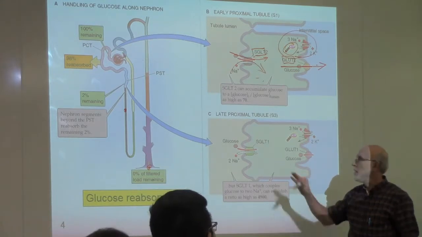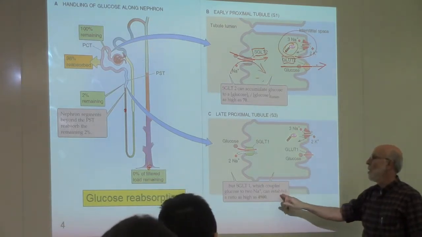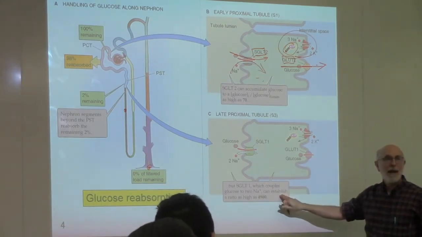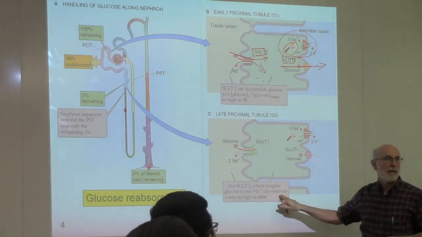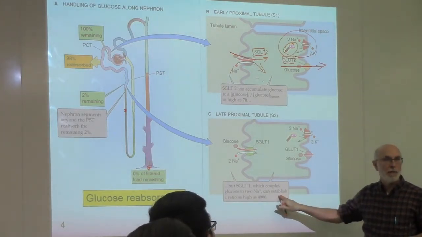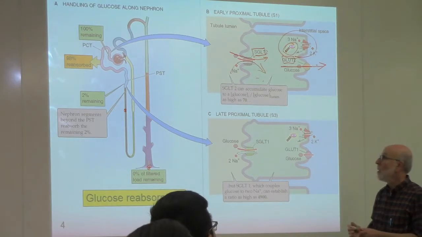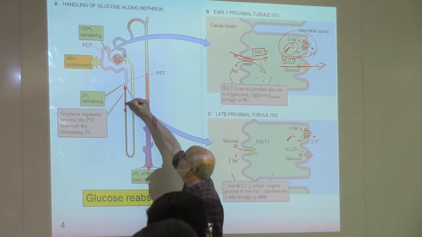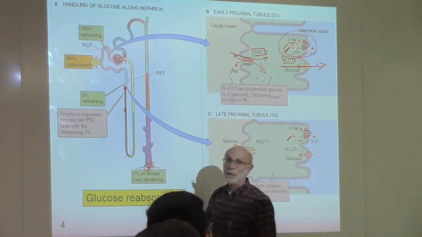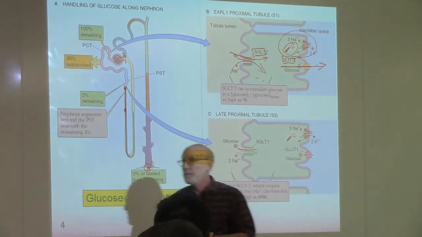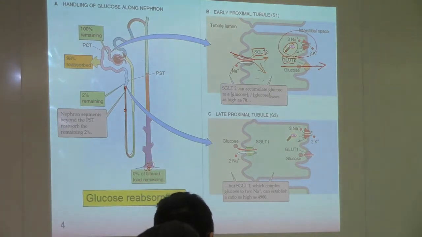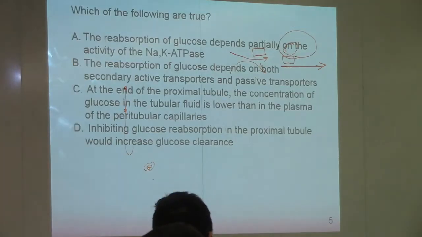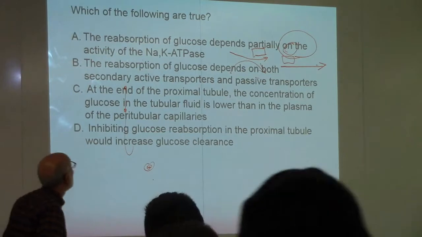This is trying to explain why we can get practically every last molecule of glucose reabsorbed in the proximal tubule. Remember, if we don't get every last molecule here, then it's going to go all the way out and be in the urine. So let's do a quick